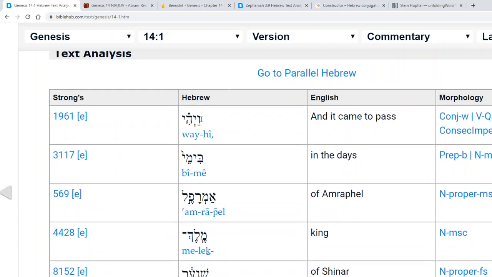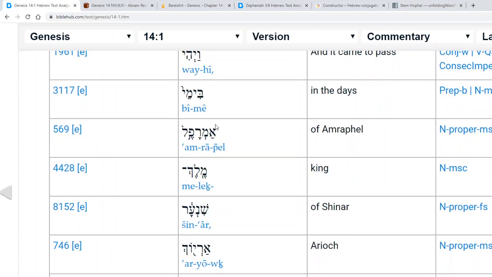So Vayehi, so conjunctive of Yehi is the imperfect, but it's being flipped to the perfect by that vav of the root to be, lihiot. Beyemei, so this is in the construct form, right? So the bet is the prepositional bet. It does not have an article, right? In English we say in the days, but in Hebrew the article's not there. Yemei, so